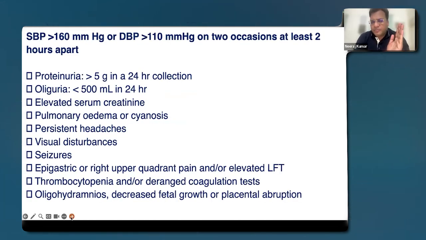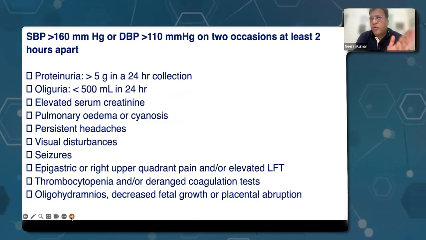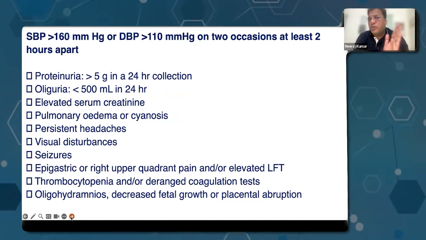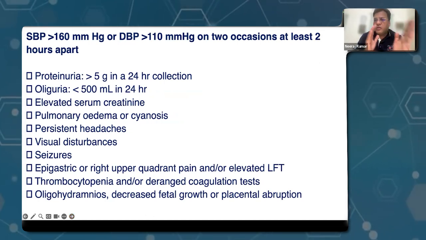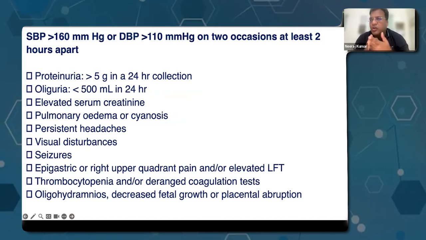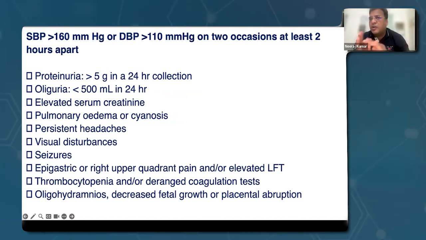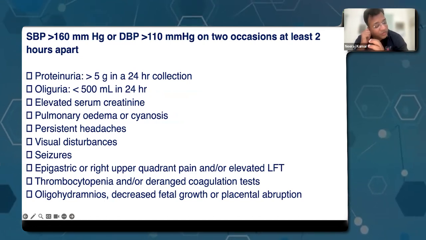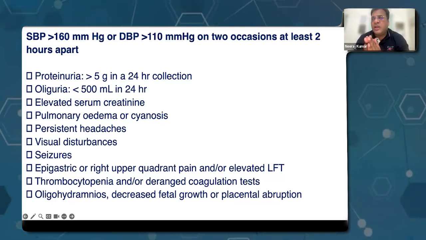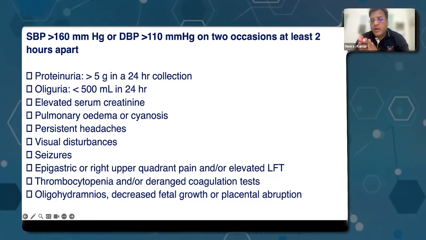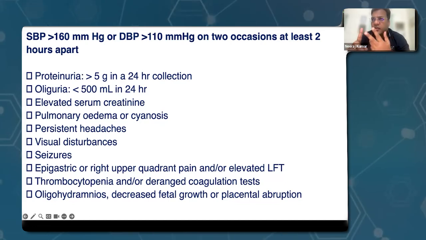And then if the systolic blood pressure goes from 140 to 160 and diastolic from 90 to 110 on two different occasions, at least 2 hours apart, with proteinuria up to 5 grams. Now it is 5 grams in 24 hours, not less than 300 milligrams. It is up to 5,000 milligrams in 24 hours. Oliguria, now the urine output is reducing a bit. It is less than 500 ml in 24 hours,